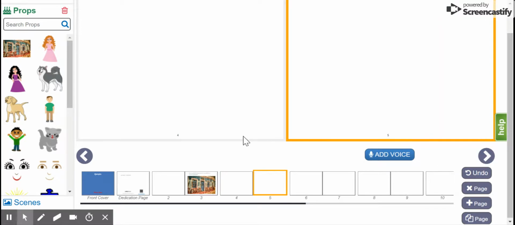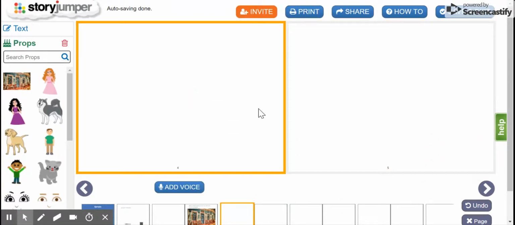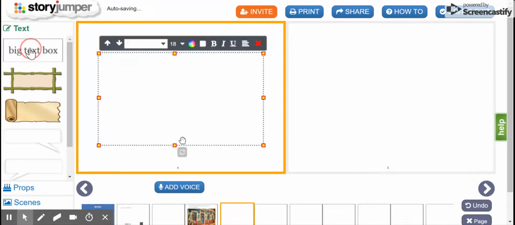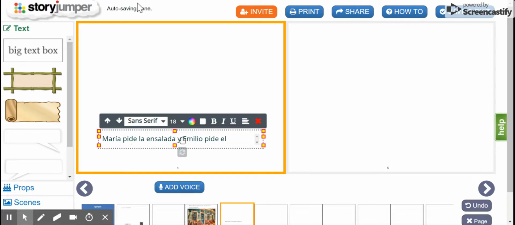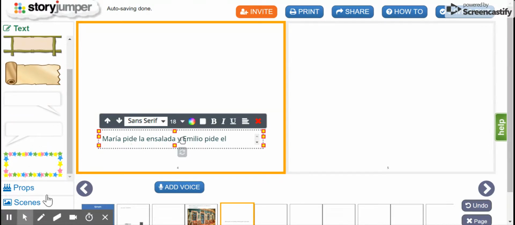Another way you can do it is by adding your own picture. So I'm on a new page. I'm going to click. Maybe I'll add some text. And another way you can do it is by adding pictures that you find on the internet. So you can actually search for pictures and add them to your scenes